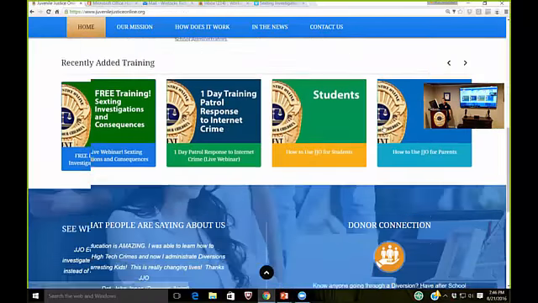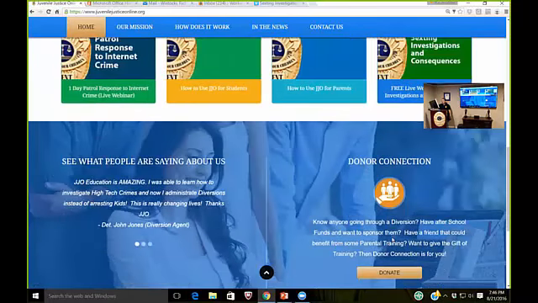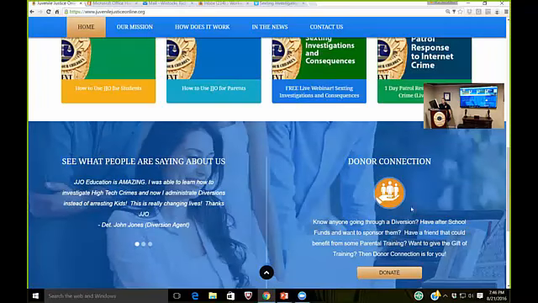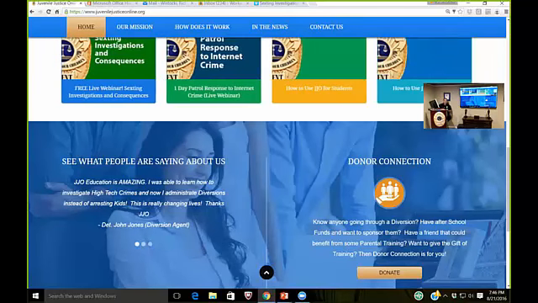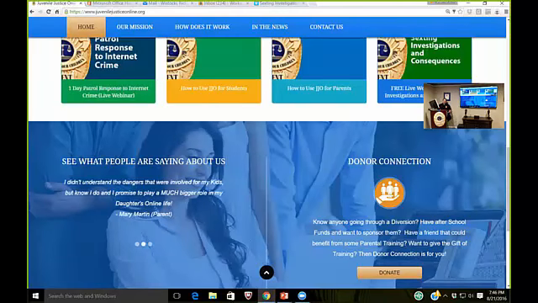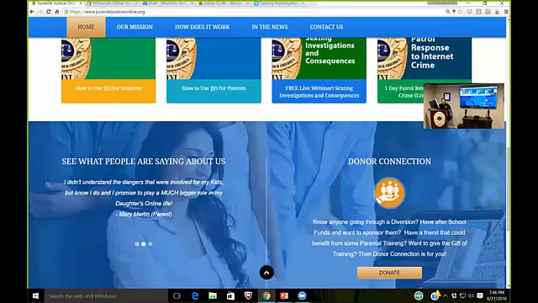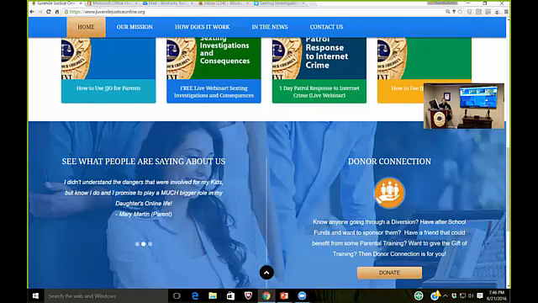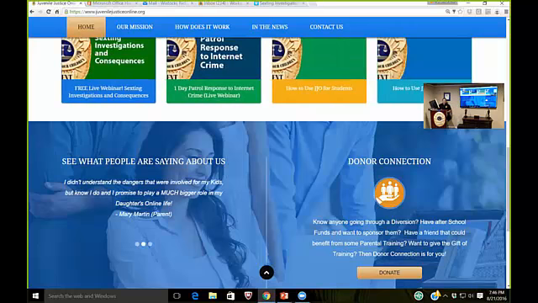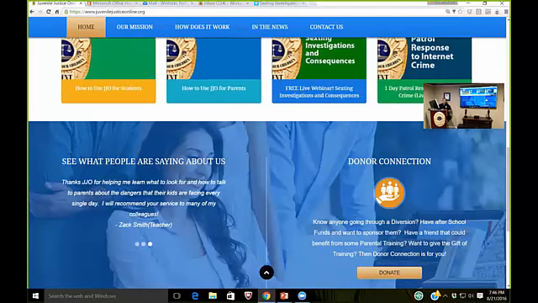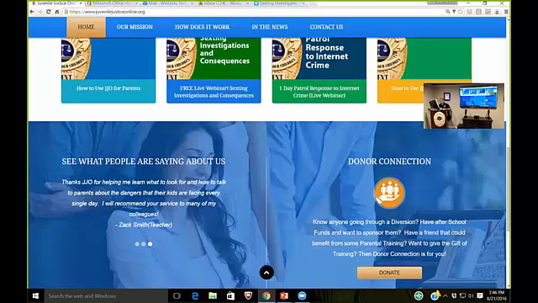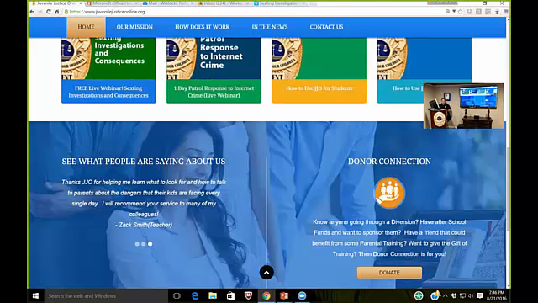When the parent signs in, on the bottom right, there's something called Donor Connection. Everybody see that here? When you hit Donor Connection, that could be a family member such as a grandma, grandpa, aunt, uncle, or neighbor, who they have gone to and said, my son got in trouble at school and I really can't afford the fee that goes along with what he got in trouble for. Instead of sending him to court, it's only $150. Would you be able to possibly pay for this for me? So the aunt, uncle, grandpa, or whomever can go to Donor Connection, put in their credit card, and get a coupon that they can send to that parent. Second way,